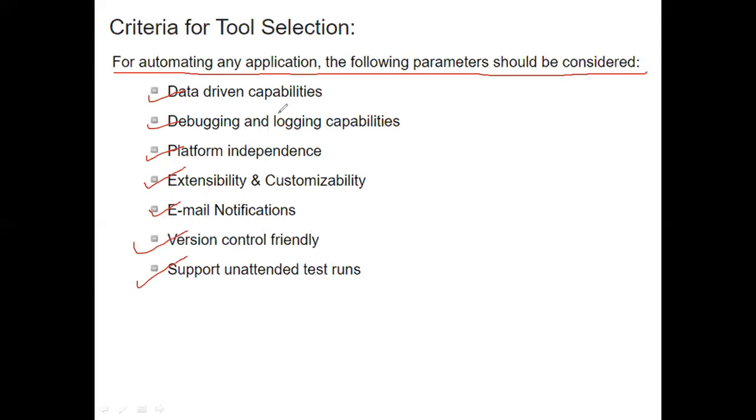So there are so many tools available for software testing. How can we select the tool? Based on these parameters.